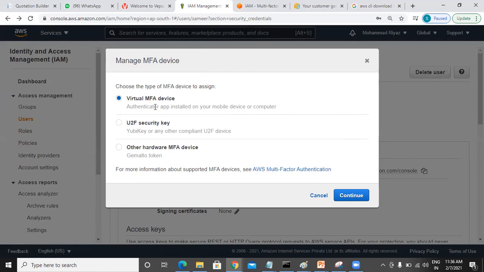Like you can use hardware MFA devices. If you don't want to go with the virtual MFA, you can go with these options also, a hardware MFA device, where you can get your own hardware device and integrate. So Amazon supports virtual MFA, multi-factor authentication. You can get your hardware authentication, or you can go with U2F, universal second factor authentication security key also. All these are available. So if you want to know what options you get in hardware authentication.